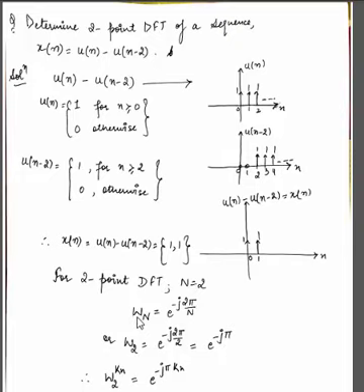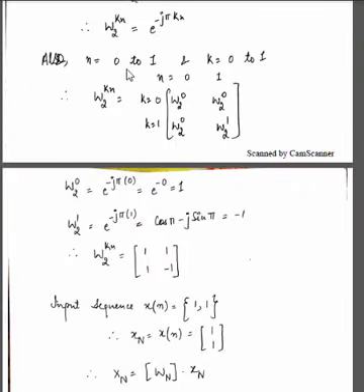Now if we want to find the value of the twiddle factor raised to power kn, that means W2 raised to power kn is equal to e raised to power minus j pi into kn. Now we have 2 samples in a sequence, that means n is equal to 0 to 1 and k is also equal to 0 to 1. So we have to find the value of W2 raised to power kn for k equal to 0 and k equal to 1. We have already discussed in our previous topic, DFT as linear transformation matrix, the twiddle factor in matrix form. K ranges from 0 to 1, and n is also 0 to 1.